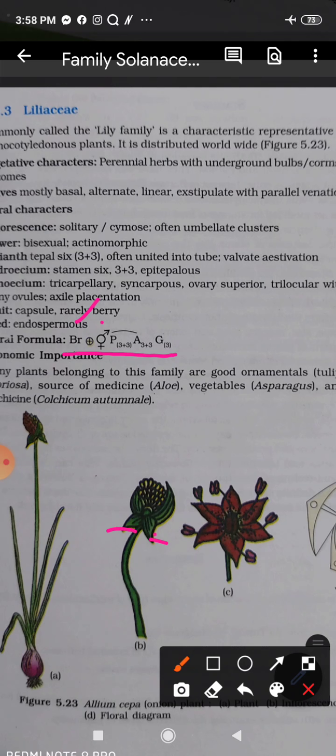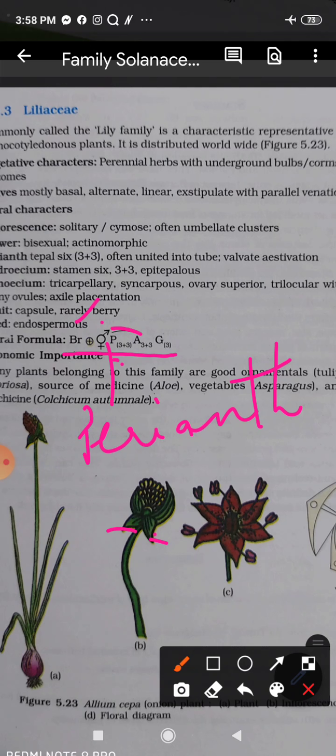the calyx and the corolla fuse to form the perianth, right? The fused calyx and corolla is known as the perianth, which is found in 2 bundles of 3 plus 3, and they are all united. Androecium is also in 2 bundles of 3 plus 3. Androecium is attached to the perianth, so it is epiphyllous. And gynoecium is 3 in number, right?